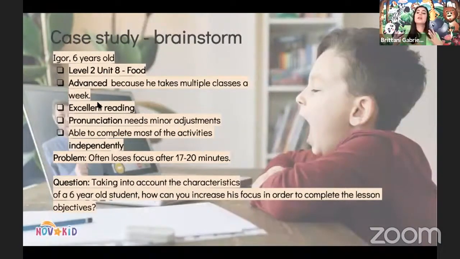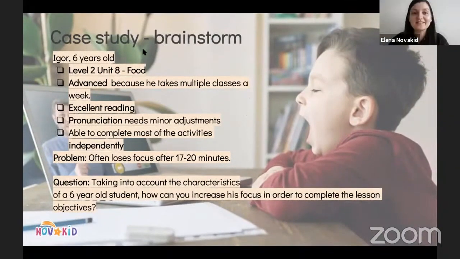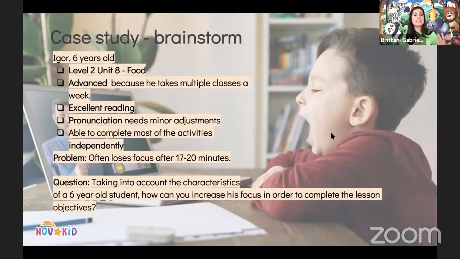Now, I'm going to help you remember what some of the characteristics are, because I'm sure that we've given you a lot of information. So remember, 6 and 7-year-olds and even some less mature 6-year-olds love role-playing games. They also have this magical thinking. So what can you do?